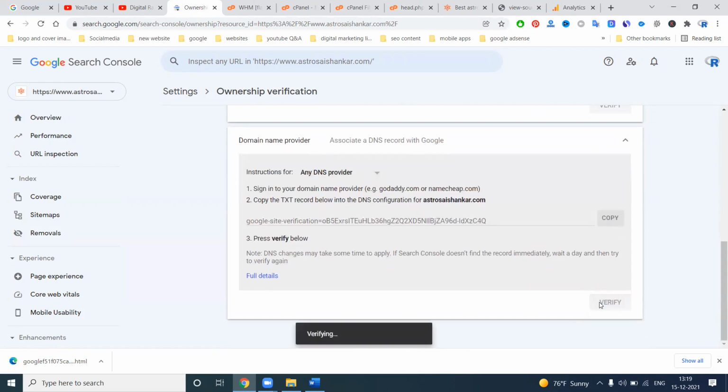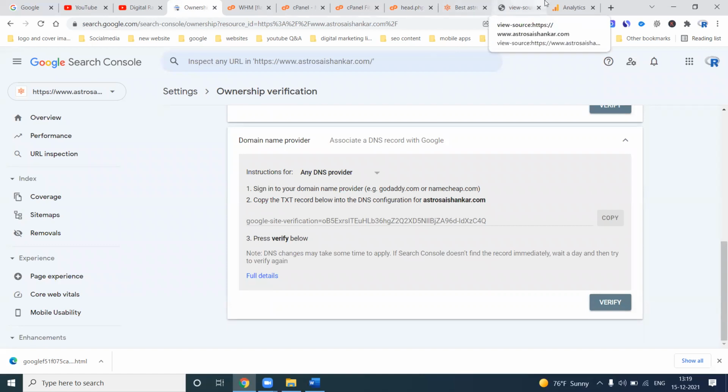You can check whether it is verified or not. Verification will be unsuccessful. Why is that? Sign in to your domain name provider, for example GoDaddy or namecheap.com. Copy the TXT record and the DNS record below. Where you purchased this domain, this copy will be given by the DNS record. As a TXT record, we copy this code, not for your website.